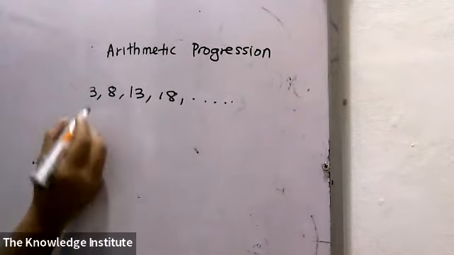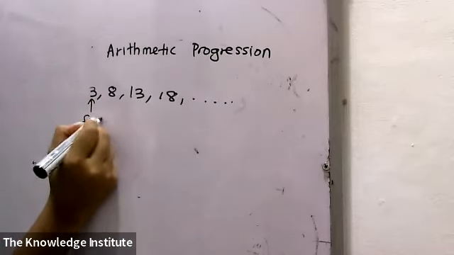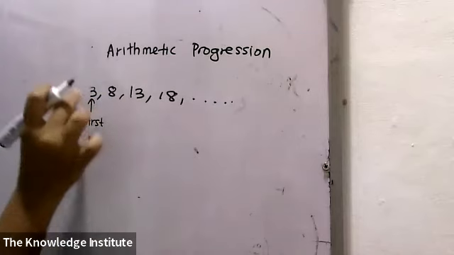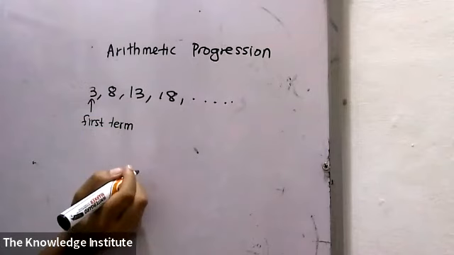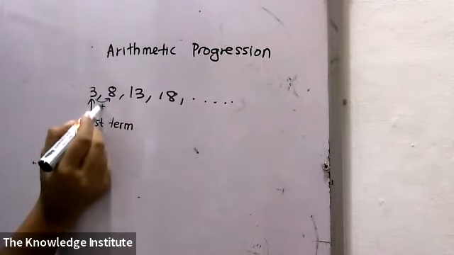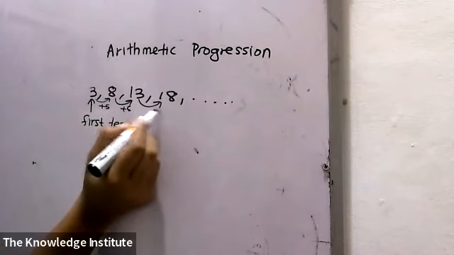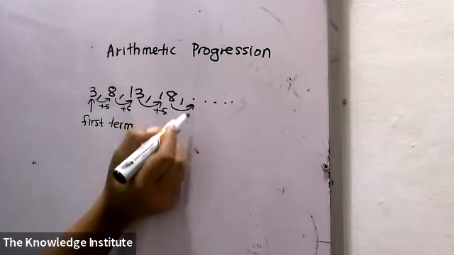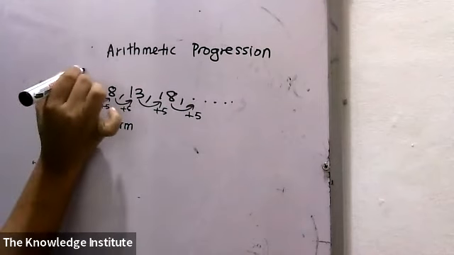So here it is starting from 3, right? This is the first term. In a sequence, each digit we name as a term. Therefore, this is the first term. If you see here carefully, everything is added by 5. So by adding 5, you can tell the next digit. Then if I give you another example,